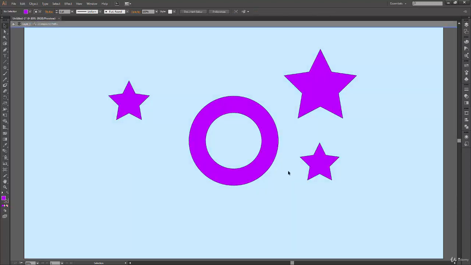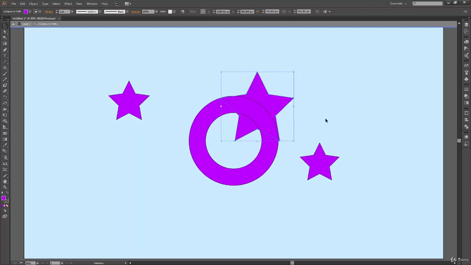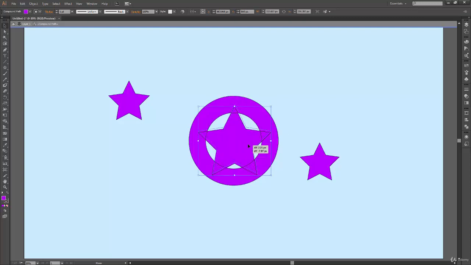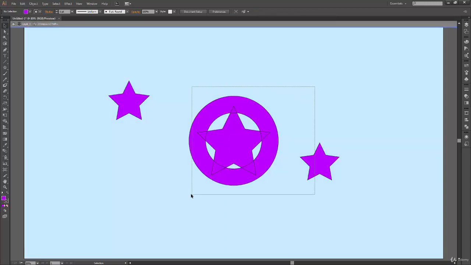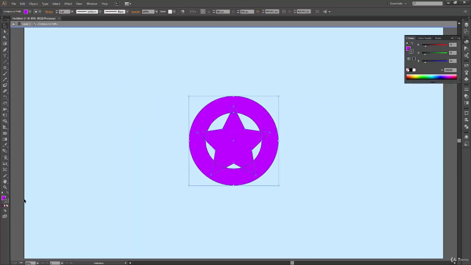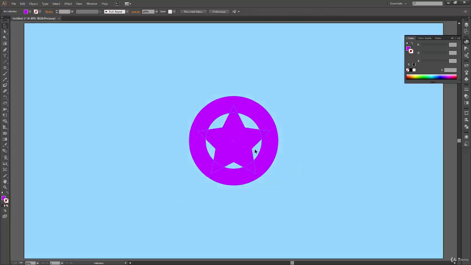Okay, so what I want to show you here is that I have created multiple shapes inside my compound path, and when I try to drag them above my merge shape, you can see how it is behaving. So I can actually have a design like this, and this looks pretty good. But the only thing is I might want to delete these two shapes, and here I can remove the outlines so that I'll get a shape something like this. Now this area is empty.